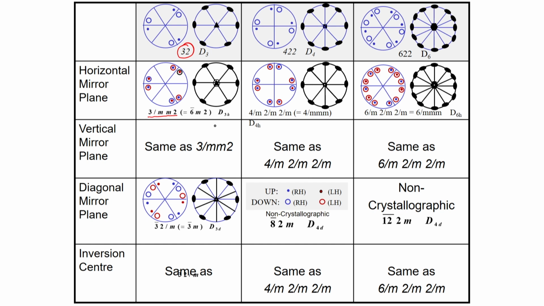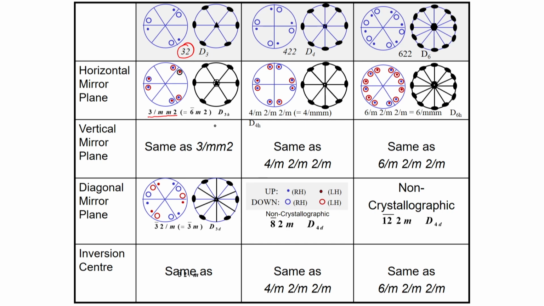Then again, nothing new gets generated when I add vertical mirrors to the top 3 axial point groups. We can move on to the diagonal mirror here also. Here, we are adding a diagonal mirror in between two-folds, and this 3-fold will rotate these diagonal mirrors by 120 degrees, generating 2 more mirrors, and then the stereogram with the motifs can be produced by taking the 3,2 point group, adding the diagonal mirrors here, and then reflecting them to get some more motifs with change in handedness.